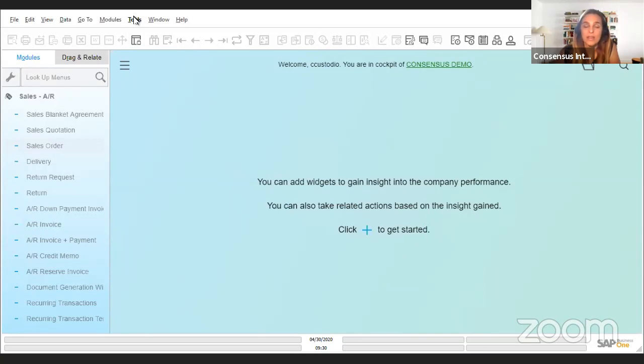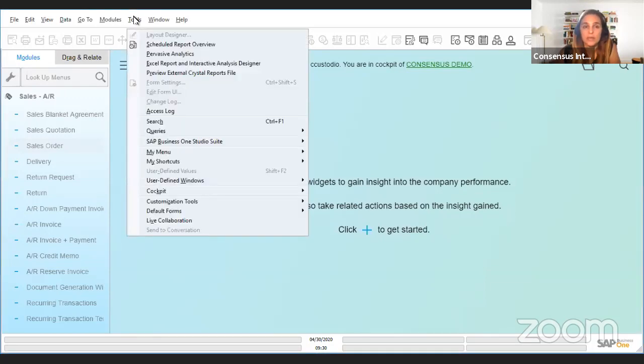SAP Business One. You know that documents and grids in SAP Business One, you already have plenty of fields, but if there is a field that you really need and you can't find, you can add your own fields to SAP Business One. One important thing to note is that whenever you're going to be adding a new user-defined field,